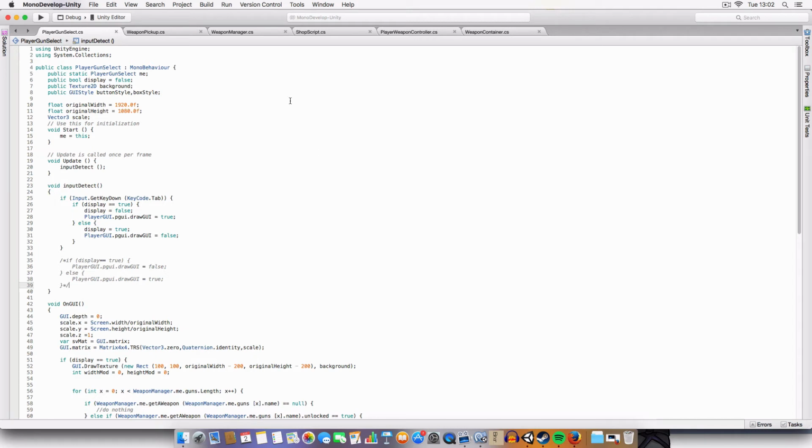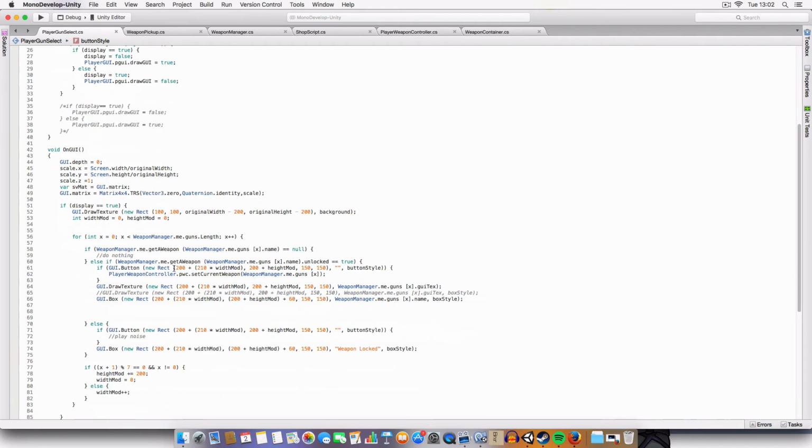It's similar to the shop script in the GUI. So yeah, basically we've got the reference to itself, the boolean to display it, the background texture, and the GUI style for the button and the box. The box is basically just so we can draw the images on the buttons, because you can pass a texture into a button to draw it, but it only draws it at the original size of the texture, and since